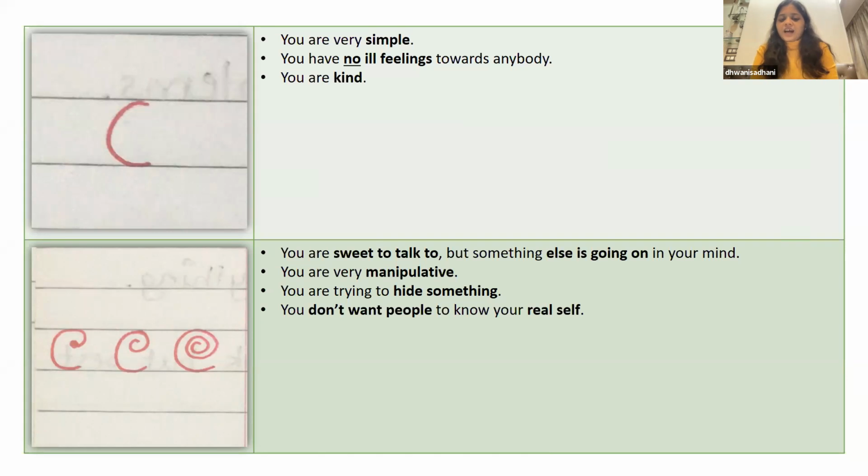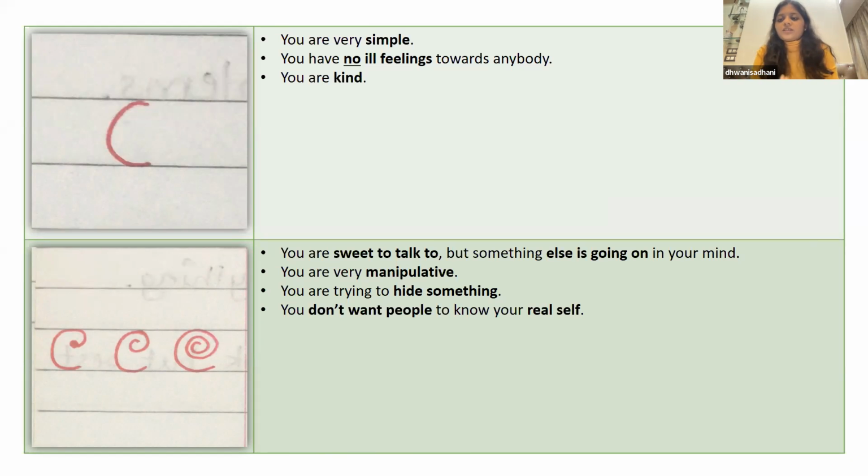So now these people are very sweet to talk to, but honestly, they're not very sweet. In the back of their mind, they have something else. These people are sugar coated. So they try to be very sweet to you, but they're not as sweet as they seem to be. These people are very manipulative. These people are definitely trying to hide something because they've done something wrong in their life. So these people are kind of wearing a mask. They pretend to be very sweet, but they actually aren't. So double-faced people, sugar-coated people, people who wear a mask, all of this will come under this category.